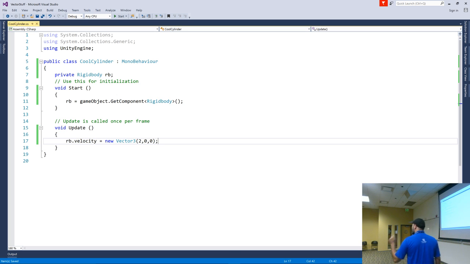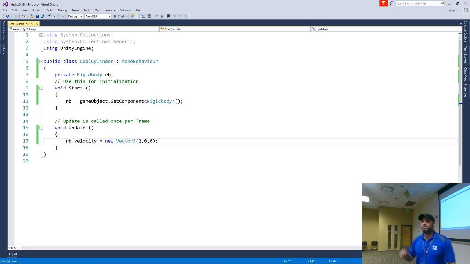Well, gravity affects the velocity of the character. It actually adds an acceleration to the character, which is down. I'm saying I don't care what the velocity is. Every frame, what happens in Update? Update runs every frame, so 60 times per second if you're running at that speed. I'm saying screw gravity, set it to 0, right? So do you see why that made him not fall correctly?